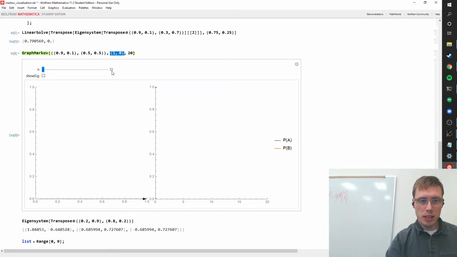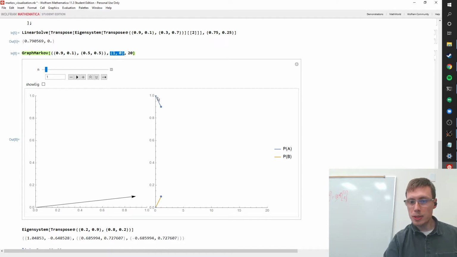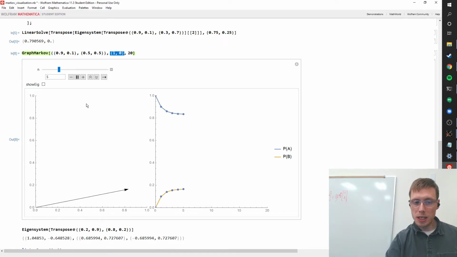And what you can see on the left here, I have two graphs. The left shows the current location, right? 1, 0. Probability of sunny, probability of rainy. If I push it forward one step, you'll see it goes to 0.9, 0.1. And right here, I just have the time series showing probability of sunny going from 1 down to 0.9, and then 0 up to 0.1 for rainy. If you run it forward a second period, third, fourth, fifth, eventually it converges to our 5/6, 1/6. You can just play it. It's just a nice little animation.